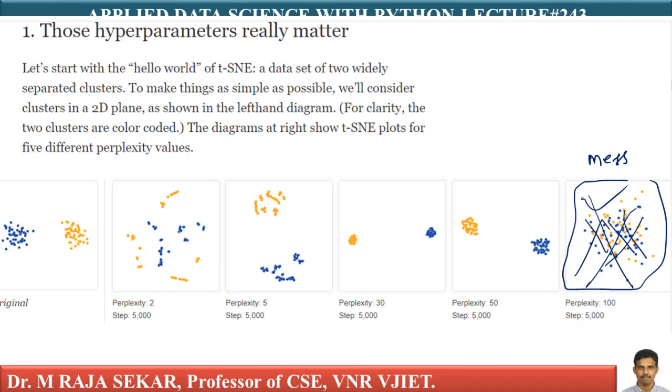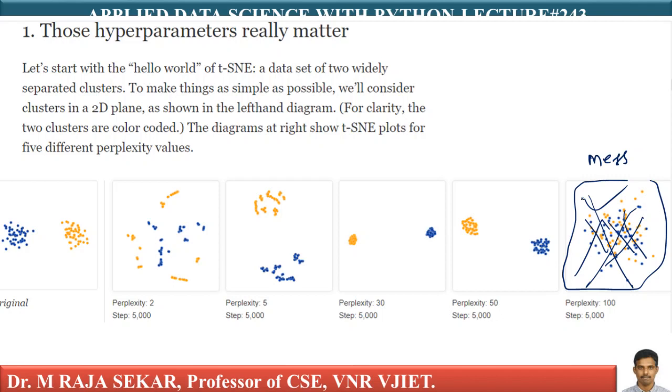You can think of this another way. t-SNE, as we learned, does neighborhood embedding. What is the functionality of t-SNE? It tries to do neighborhood embedding. But if I make my perplexity equal to the total number of data points, it's no more preserving just the neighborhood, it's trying to preserve the whole structure of the data, and it does a terrible job. This is one of the first lessons that we need to learn from t-SNE. Please run t-SNE with various values of perplexity.